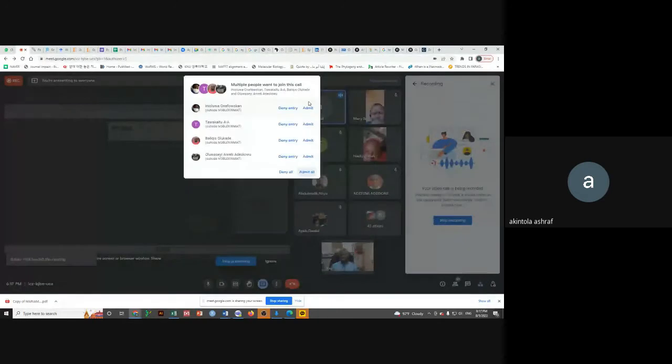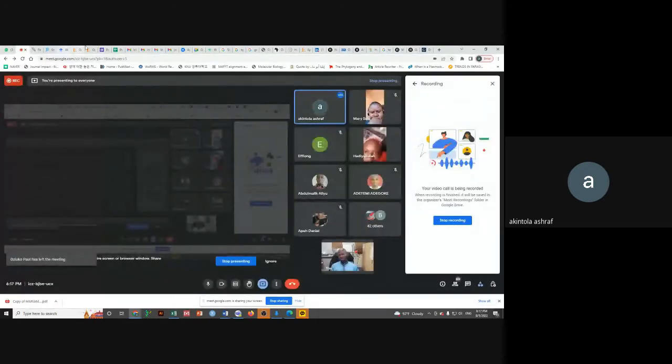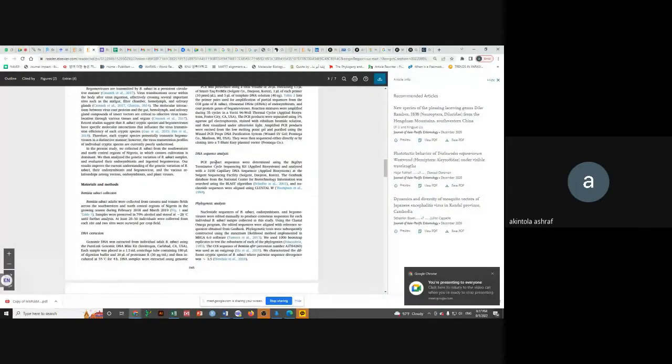So now is the bioinformatic analysis section. In this section, these are the tools I used. I used BLAST and I used ClustalW. Now, what do I use BLAST to do? It says here that the GenBank database of the National Center for Biotechnology Information was searched using the BLAST